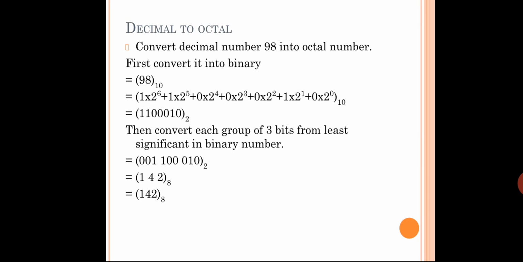Now what should be done for octal? Now you have to group the bits. So these are the bits, isn't it? Total how many bits are there? 2, 4, 6, so total 7 bits are there, I guess. 7 bits. Okay, now you have to group these 7 bits into 3-bit parts. Then only you are going to get the octal. Always remember, if you want to convert your decimal number to octal, first you have to convert decimal number to binary, then binary to octal.